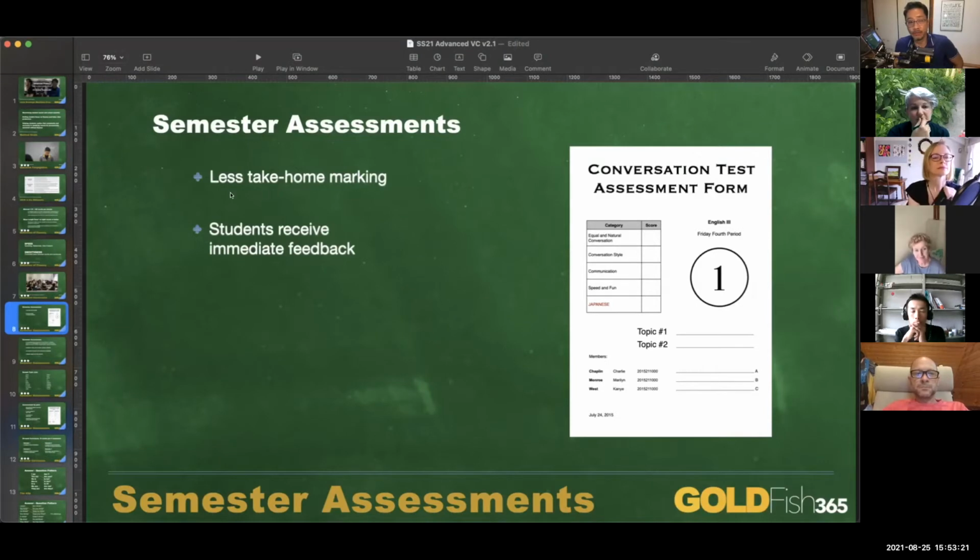But one good thing for you is that there's way less take-home marking. You're doing this as you're watching them. The grades are there. As soon as they finish, you tally them up. You take a couple seconds to show them, here's your grade. This is just for your final exam. It's not for your total grade, but I just wanted to show you what I thought of your conversation. And you're pretty much done. Take those numbers home, plug them into the rest of your assessment, and you're done. And the students also get immediate feedback at the end of the test.